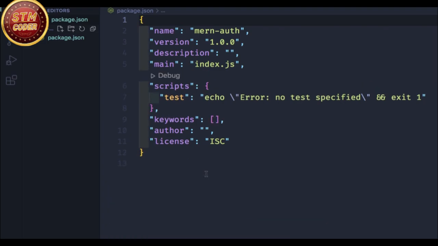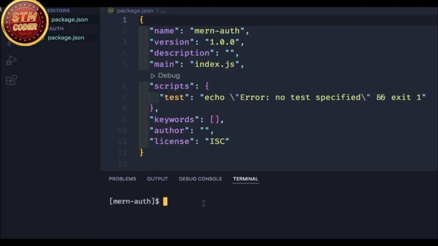So let's go to terminal again. Control and backtick key. And here I will type npm install. The first package is bcrypt.js. bcrypt.js is a package that helps us to hash password so we can safely store password in our database. Then we have config. Config is a package that allows us to define a set of default parameters and even extend them for different deployment environments like development, staging, QA, and so on.